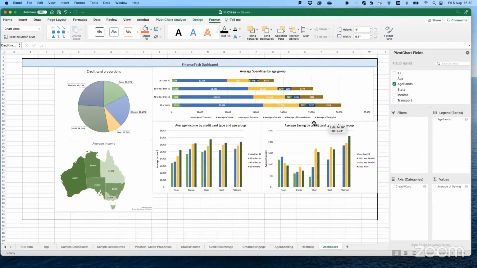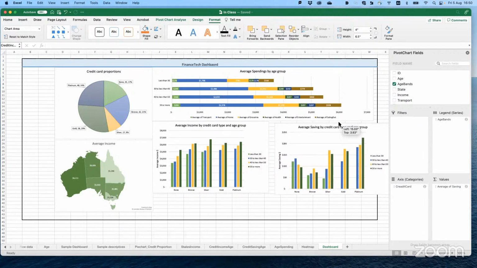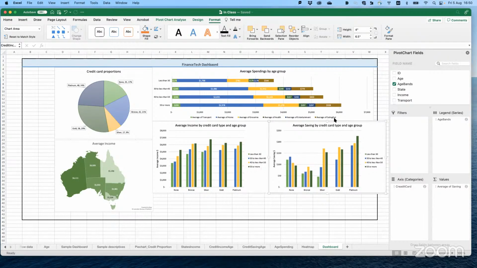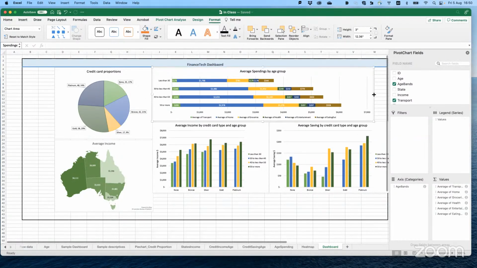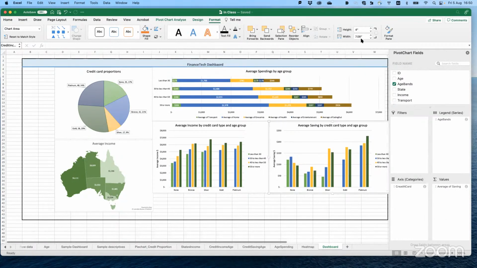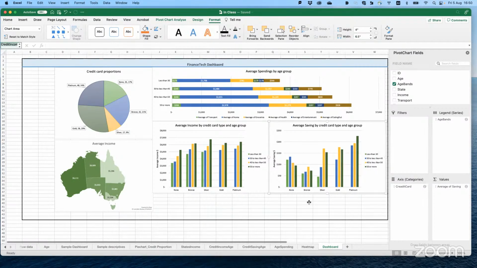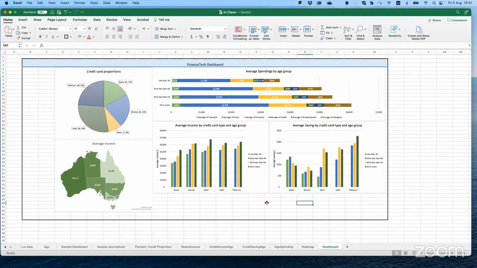Maybe too big. You know that you can format it. So we have all of this information there.